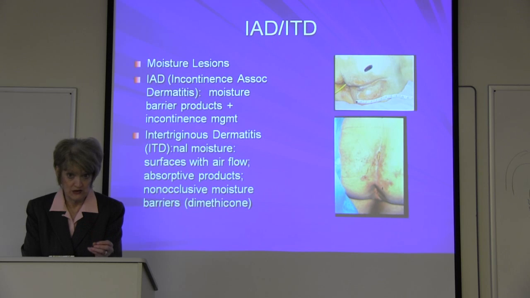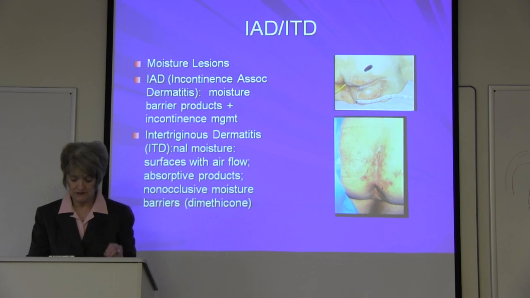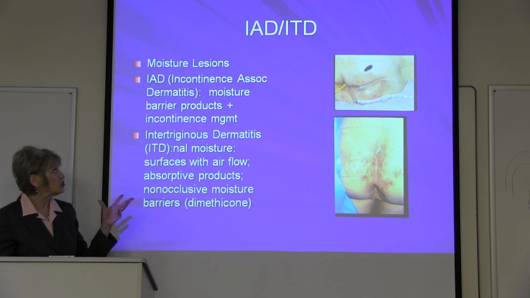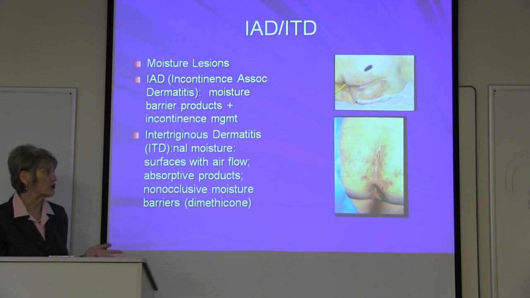We really made no attempt to clearly differentiate. We've also talked about why it's important to accurately determine the etiology of a wound and to separate out moisture-based lesions from pressure-based lesions. Now, there's actually two major types of moisture-based lesions that are likely to occur on the trunk: